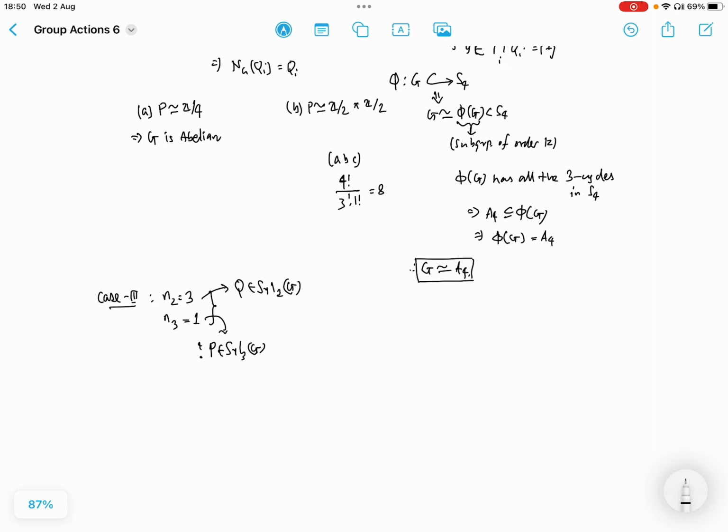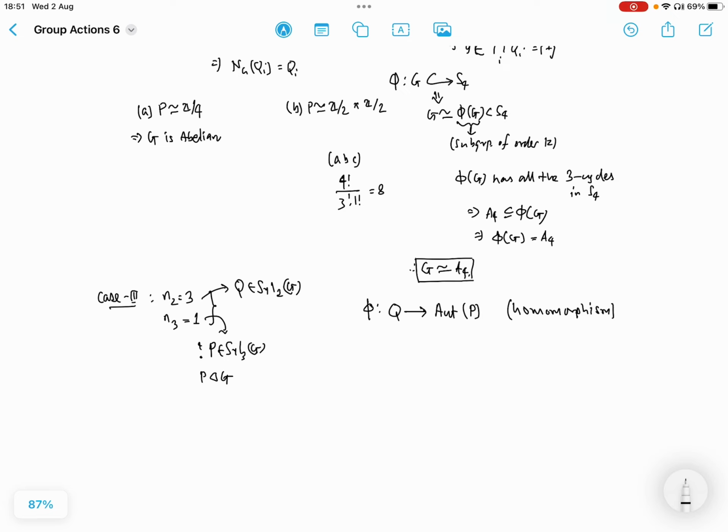So then we can invoke the notion of semi-direct product, right? Because we have one of the subgroups to be normal, because P is the unique Sylow subgroup, so P is normal inside G. And then you can invoke semi-direct product. And now for semi-direct products we need to take Q to the automorphism of P, right? And so this is a homomorphism, right? So in semi-direct product we do this,